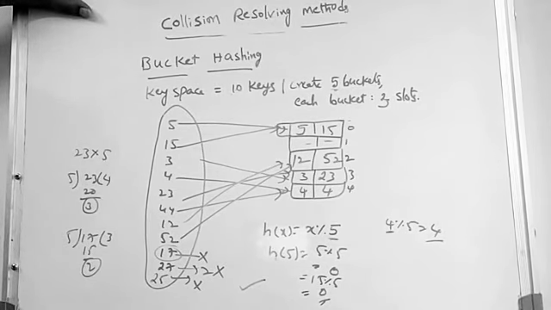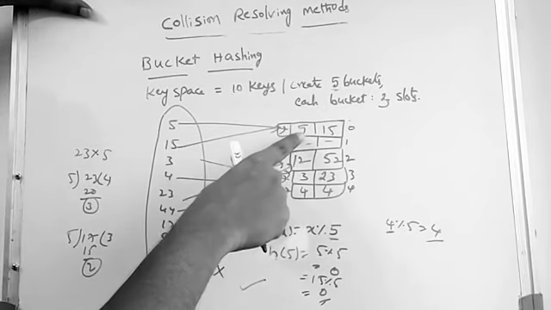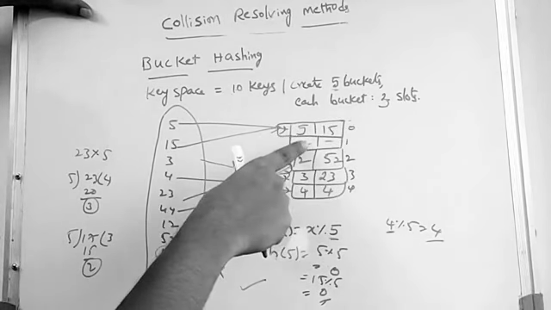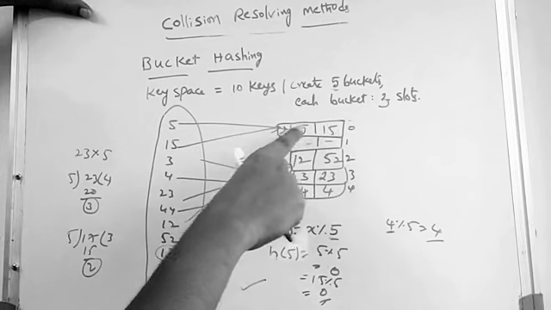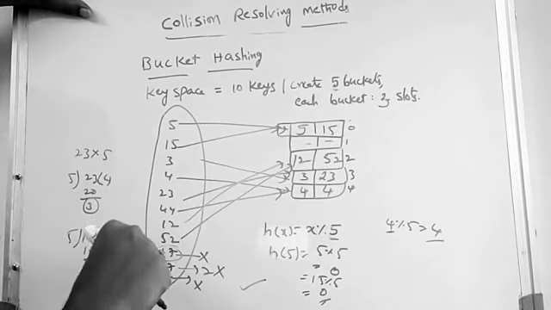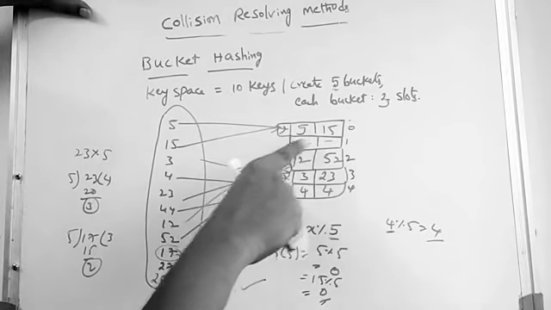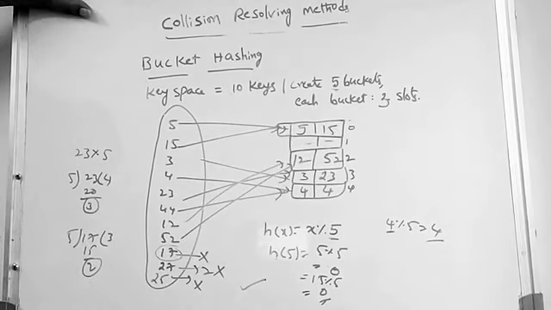Here the problem is, even though some indexes have empty slots, we are not relocating elements into those index locations. Suppose 25 is not able to be stored at index 0 because the slot is full, but even though index 1 is empty, we are not able to place it in that location. That is what we consider a problem. It also comes under static: fixed, we are not moving elements from one place to another. Dynamically you cannot change. So this is a problem in bucket hashing.